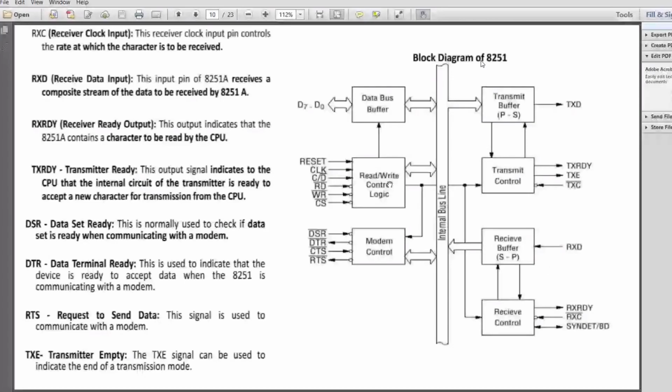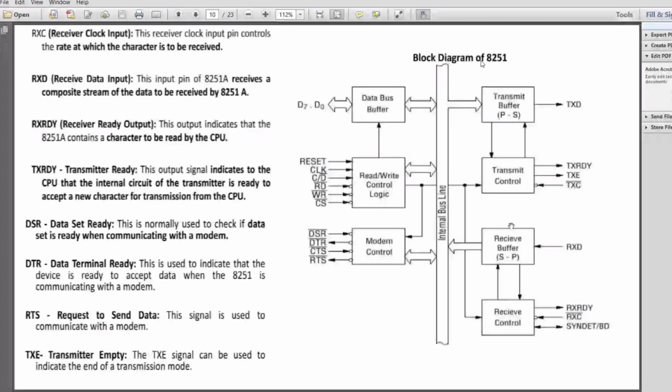Then we have, if it is receiving end, when it is receiving, in the case of synchronous communication, the sync pulses should be detected through this line. And if it is asynchronous, breaks in the frames should be detected. So that is this line. Frames received. Receiver section control is taking care of this. These are all the inner blocks of it. And if you go into our operation involving this,